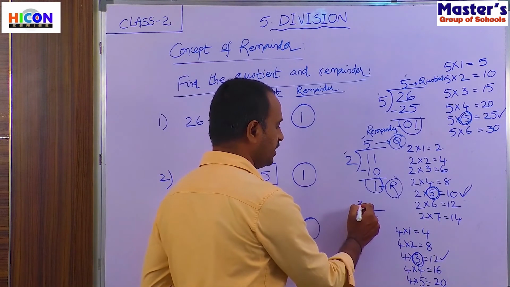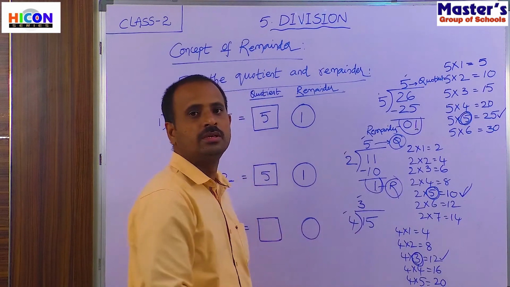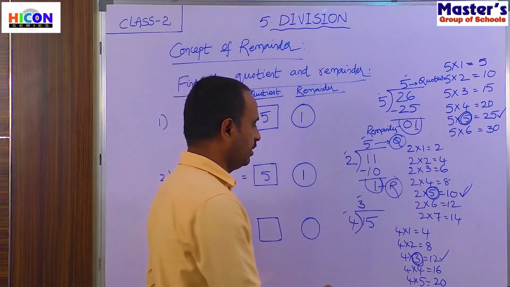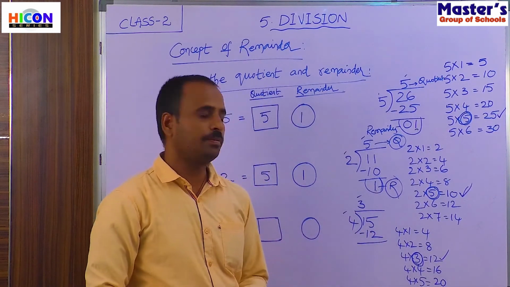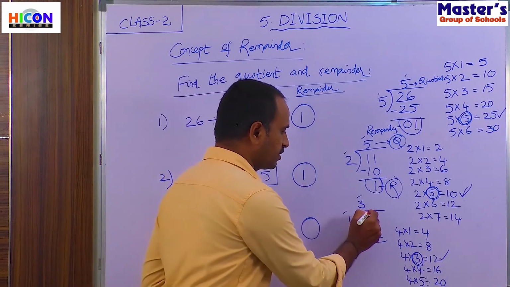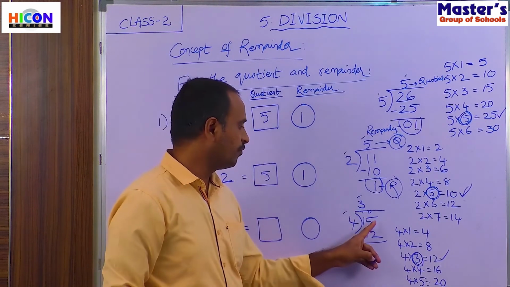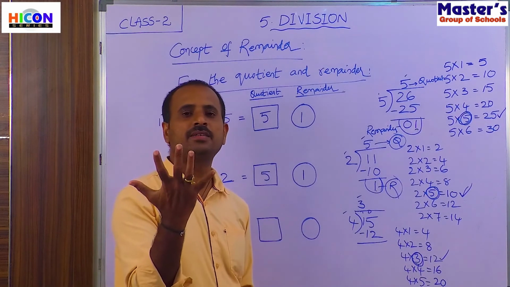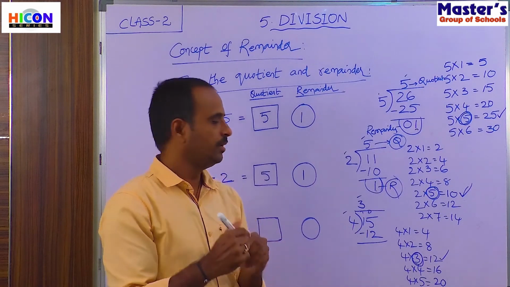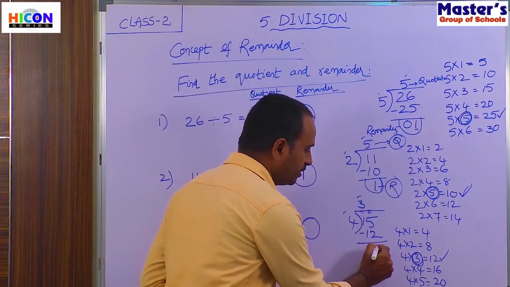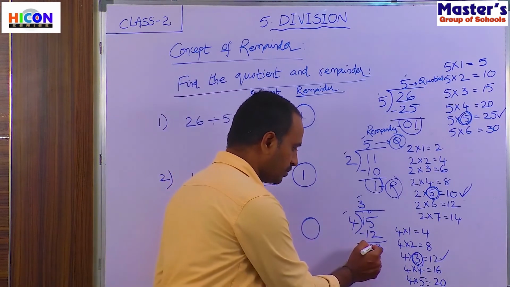Write 3 in the quotient above the dividend. And multiply these two numbers, 4 into 3. 4 threes are 12. So write the product 12 below the dividend and subtract. So how can we subtract? Start subtraction from the ones place. This is the ones place, this is the tens place. First subtract 2 from 5, that is 5 minus 2. So open 5 fingers and close 2 fingers among 5 fingers. How many fingers are there? 1, 2, 3. So if you subtract 2 from 5, you will get 3. And if you subtract 1 from 1, that is 1 minus 1, 0.